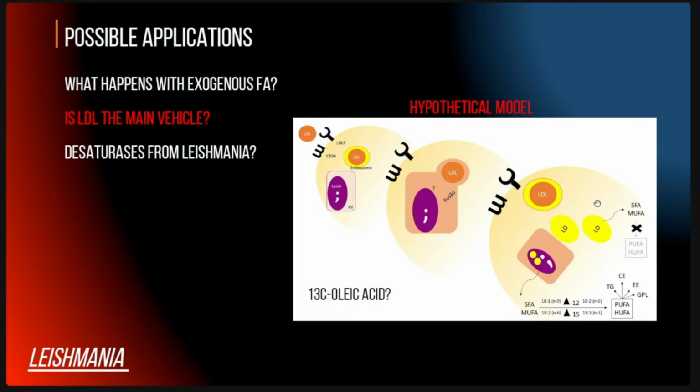And so we haven't proved anything yet, but it's a very descriptive kind of study. But in order to prove this kind of transport, and also this kind of lipid modification by the desaturase, we could definitely use a 13C labeled oleic acid and put it into an LDL-like particle, and then let the system run until we get these labeled PUFAs and eventually highly unsaturated fatty acids.